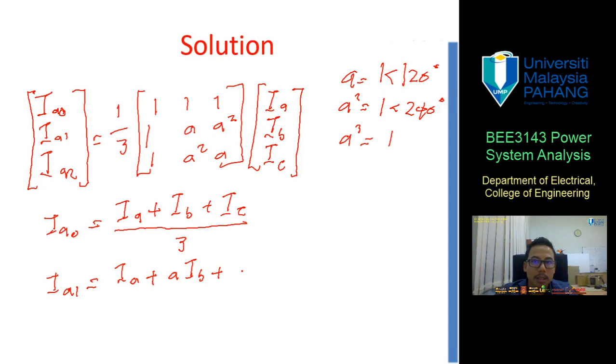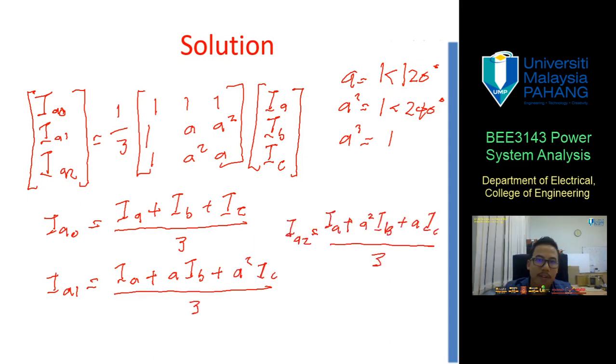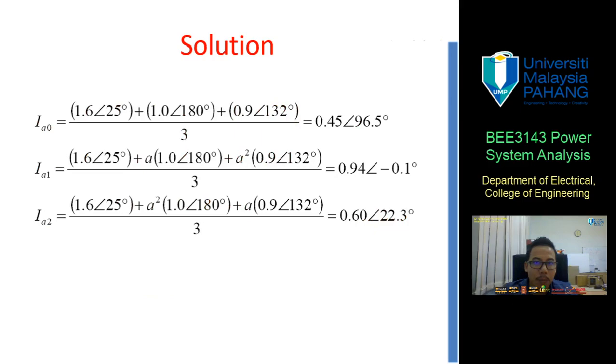Because the values for IA, IB and IC are given, you just substitute the values and it will become like this. See, basically it becomes